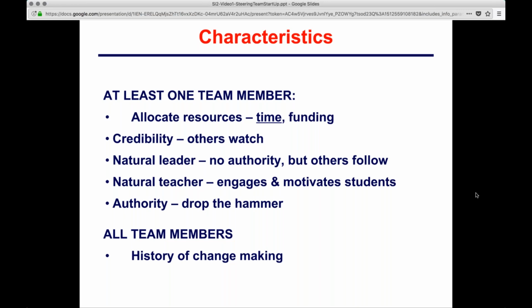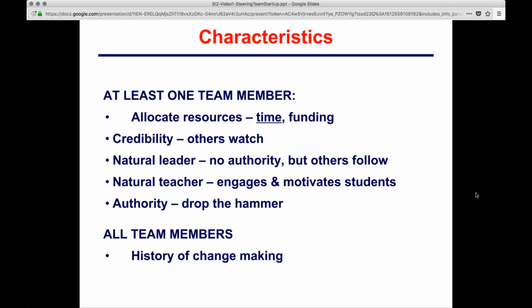I know I had a third grade teacher in my building, and he was just that natural leader. People felt very comfortable around him. They would come to him. He set up with no authority as far as being on this team or a top-down situation or anything else, but he was just that guy. And I know I depended upon him pretty heavily too. A natural teacher, and here again, that may not be your teacher. That may be someone else that's in your group, but they really engage and motivate people. And so, that can come from a parent, that can come from the administration.